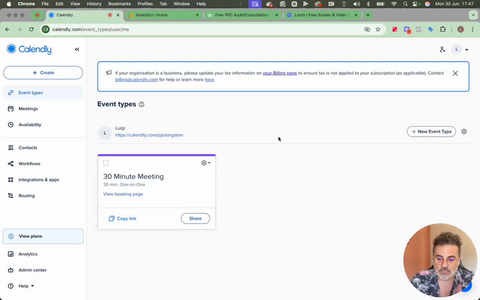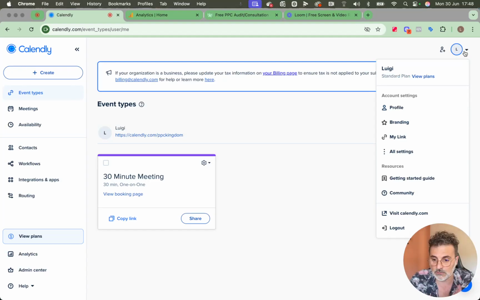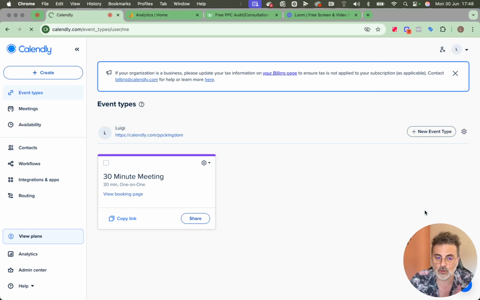Then the second step is to log in to your Calendly account. Now, as you can see here in my account, there is a tab called Integration and Apps, but this is because I have already linked GA4 to Calendly. If this is the first time that you do it and you don't see the integration and apps, you go to the top of the page on the right-hand side and click where there will be the initial of your name or the initial of the name of the account. And then you will click on visit calendly.com,